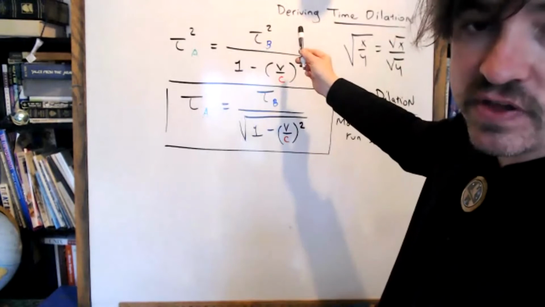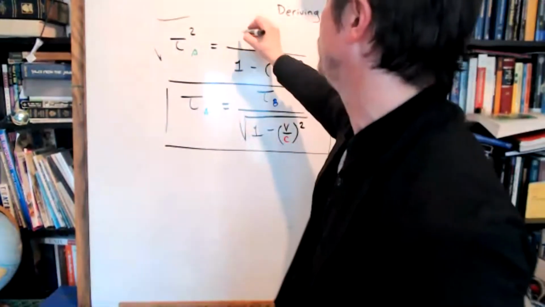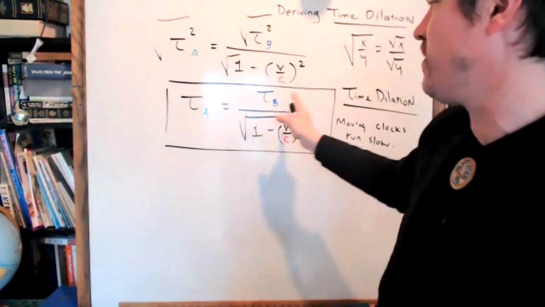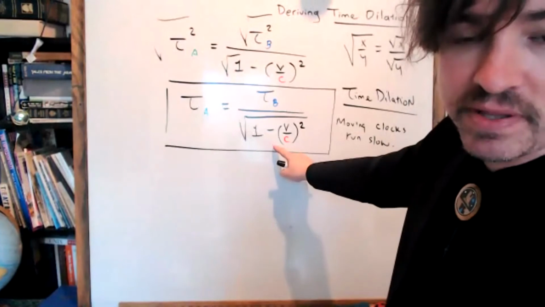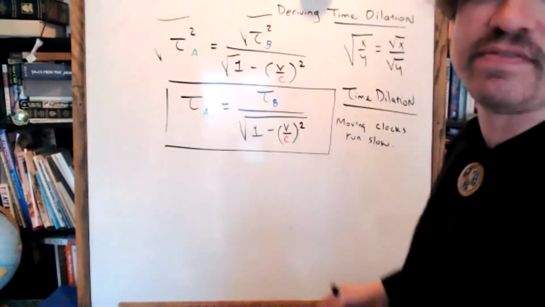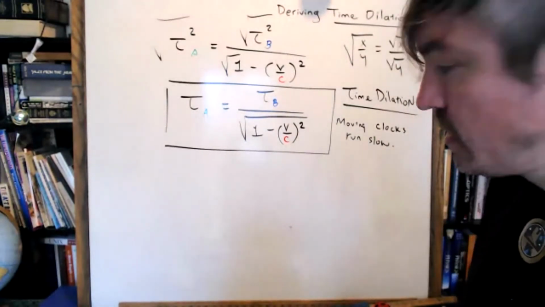My goal was to get rid of the squares, so I had to square root both sides of the equation, which ends up square rooting this. The square root of the square kill each other off, which was the goal. But then basically I put all of the nastiness down here so I could just have the times by themselves. Thank you. Cool. All right.